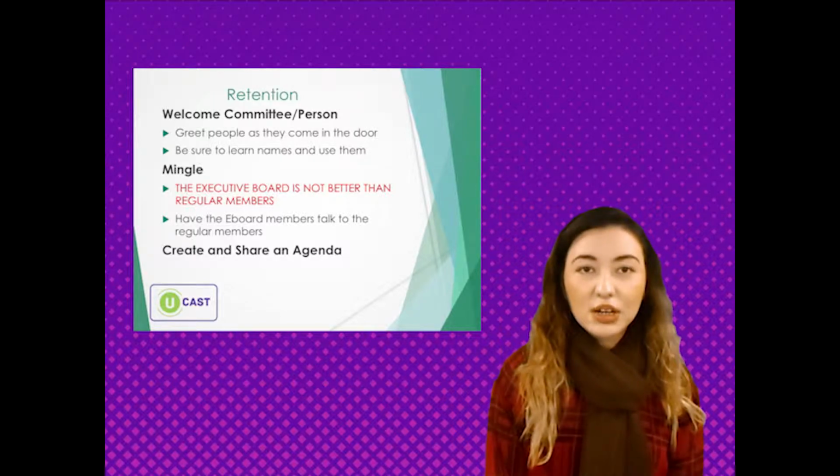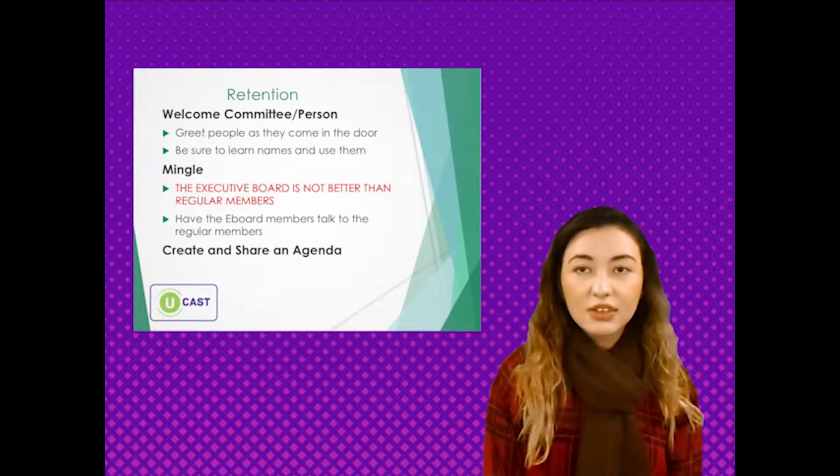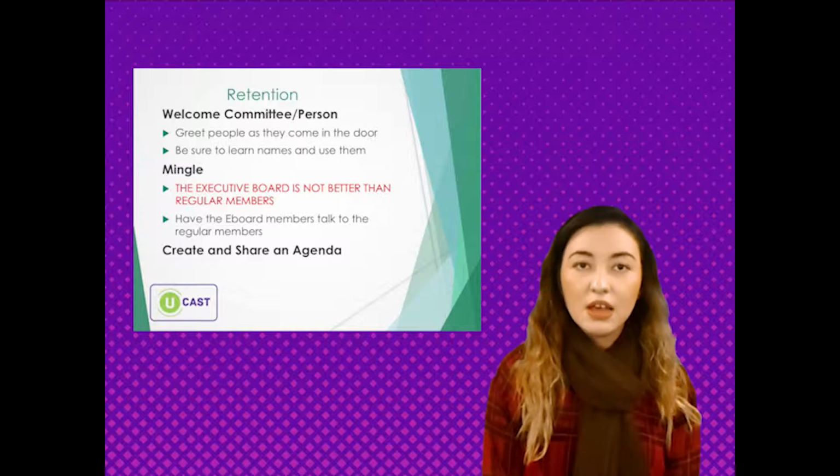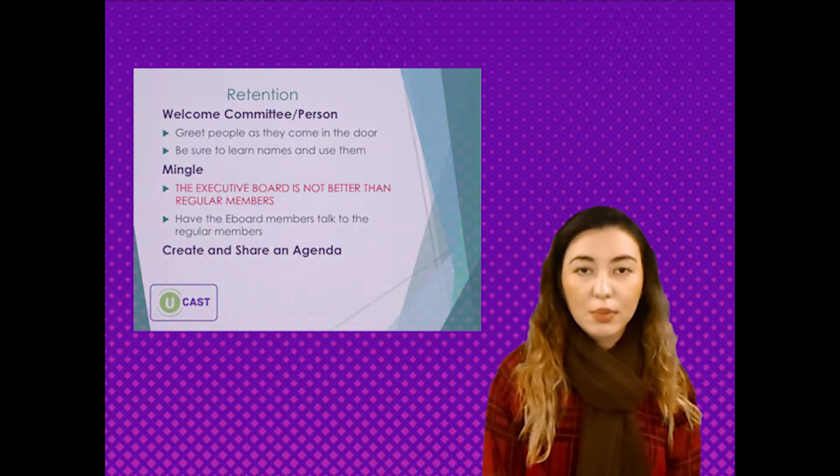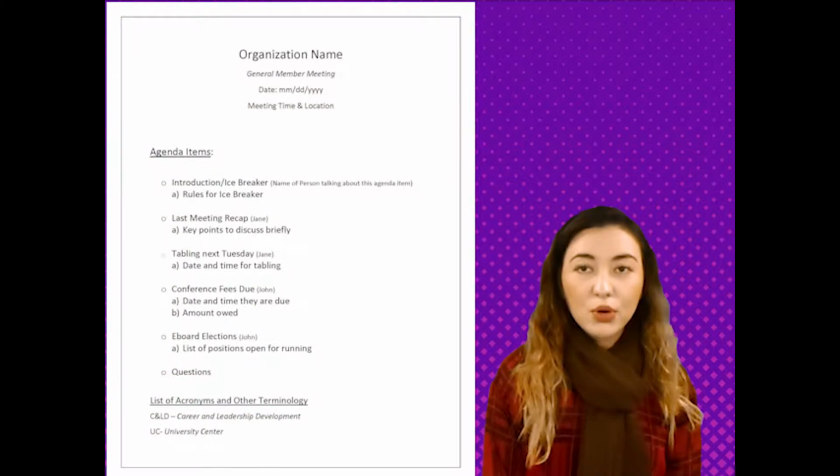By having an agenda available for everyone at the meetings, it serves 3 important purposes. The first one, it establishes what the group would like to accomplish during the meeting. Remember the goal thing. 2, it gives members as well as officers something to look back on when trying to remember what was accomplished. 3, it helps all members feel like they are all included in what the org is accomplishing. This is a good example of what an agenda will typically look like.